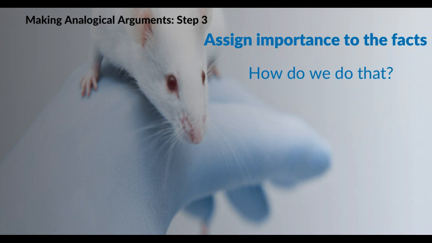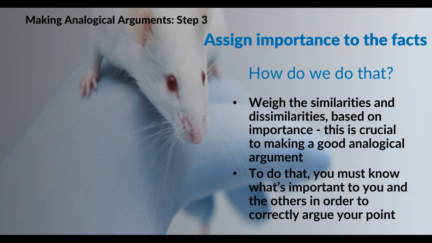So how do we use these facts to apply to step 3 of making analogical arguments that involves assigning importance to the facts? We need to weigh the similarities and dissimilarities on their importance. This is crucial to making a good analogical argument. In order to do that, you must know what's important to you and the others in order to correctly argue